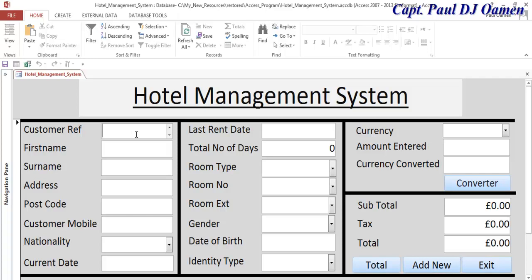So right there, let's give this reference, and I'm gonna just say HMS as the reference number, and the name, let's call the name Alan Moore, and address Goodman Road, and postcode, telephone number of Mr. Moore,